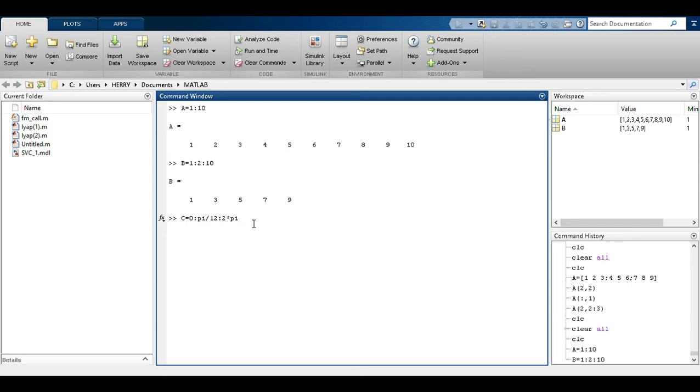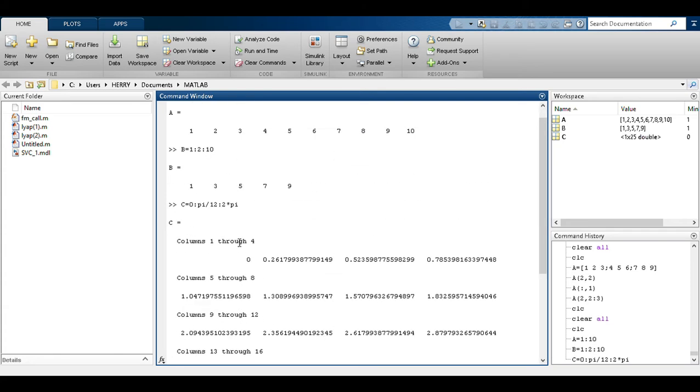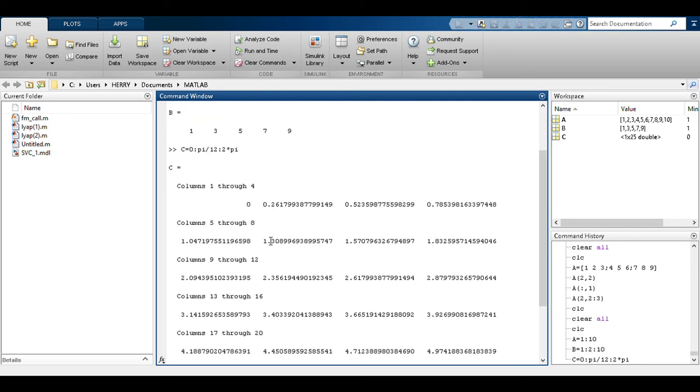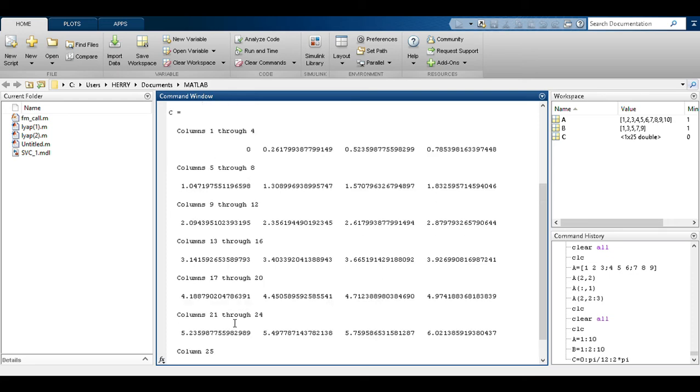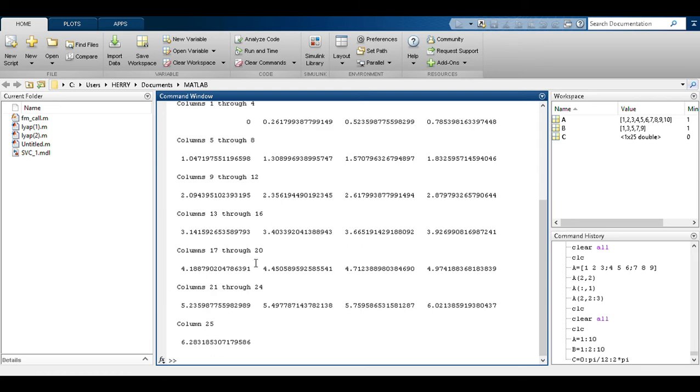Okay, I am not finding it for you. This is your programming. You have to type this in your MATLAB. If you hit enter, you will get the answer. If you divide 0 to 2 pi into this much of a part, you will get 25 elements. We are not going to write these 25 elements, that is why we can use this colon operator.